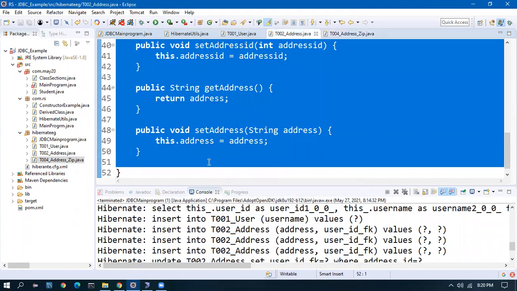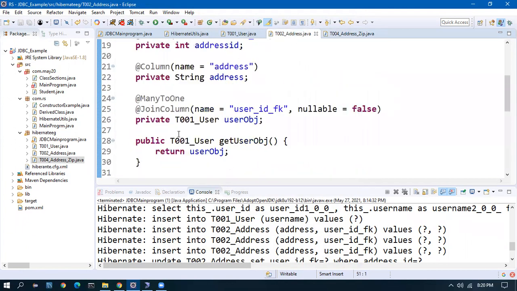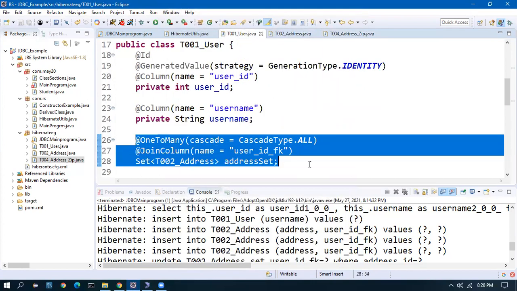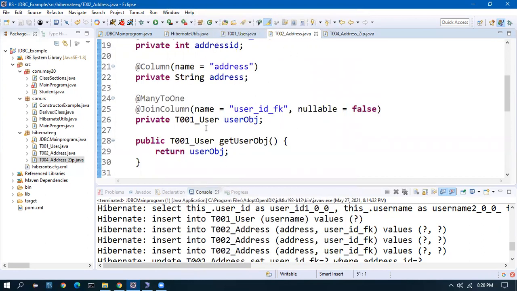In the address, it is going to be a set. From the user, I'll copy this syntax.